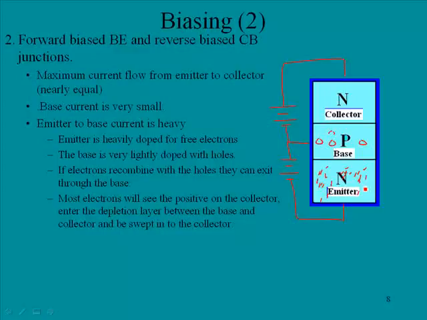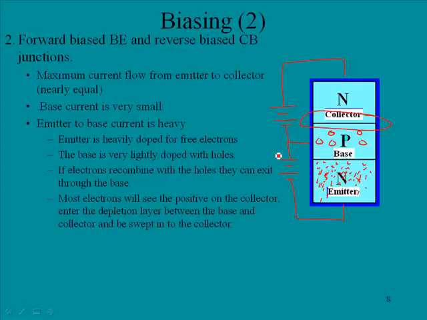So what we're saying, when we apply a forward biasing voltage to this junction, these electrons will be flooding into the base. However, there's only a few holes in the base, and so for electrons to flow through the base, they need to do it as a function of holes. So what will happen is that a few of these electrons will find their way into holes and then find their way out the base. But what will happen is that most